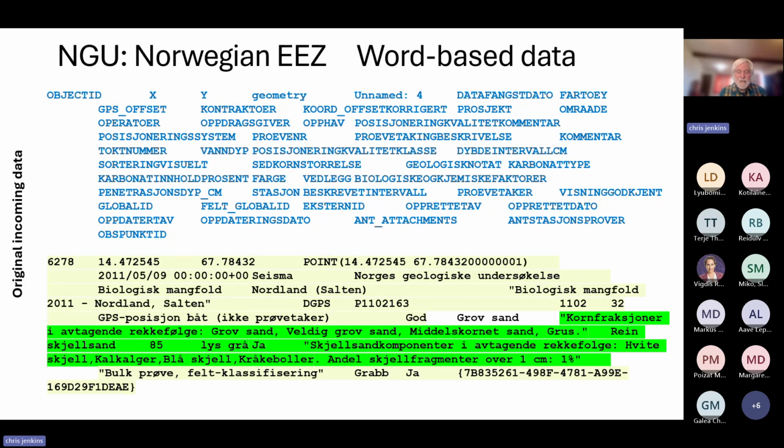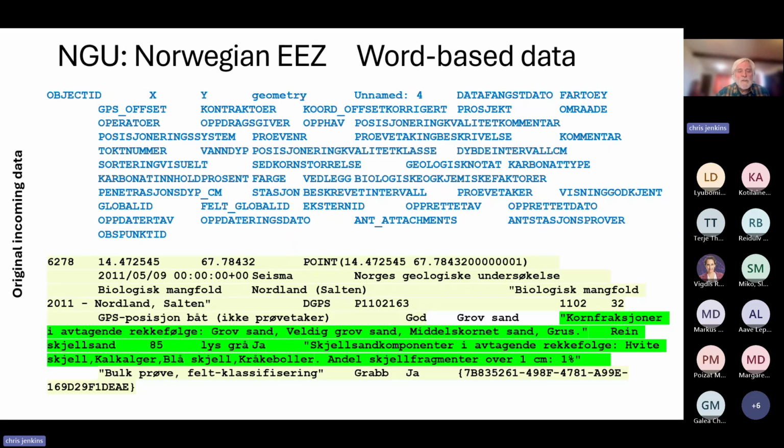So the housekeeping here is shown in yellow. And then the parameter data for the nature of the seabed is shown in green. And the language here is Norwegian, although I noticed that there's English and German and maybe other languages scattered through.